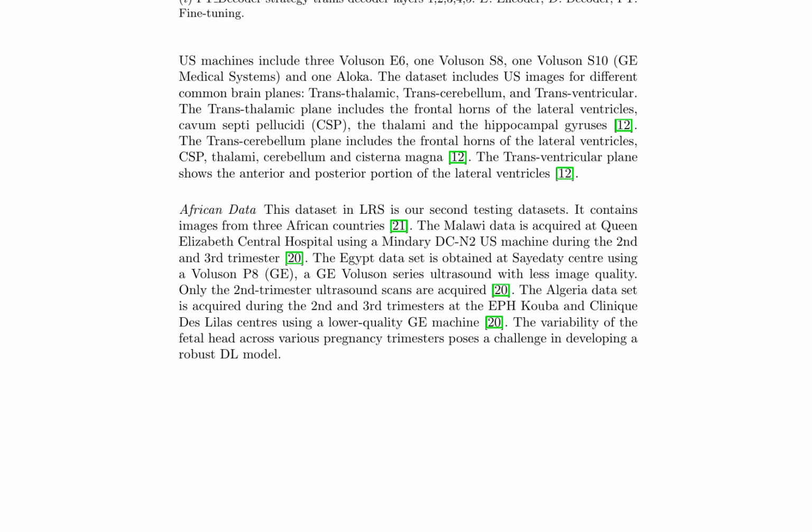In addition to the US dataset, the study utilizes a dataset from Africa, referred to as LRS, comprising images from 3 countries: Malawi, Egypt, and Algeria. The Malawi dataset is acquired using a Mindray DC-N2 US machine during the 2nd and 3rd trimesters, while the Egypt dataset is obtained using a Voluson P8 with lower image quality, limited to 2nd trimester scans. The Algeria dataset is acquired during the 2nd and 3rd trimesters using a lower quality GE machine. The variability in fetal head imaging across different pregnancy trimesters poses a significant challenge in developing a robust deep learning